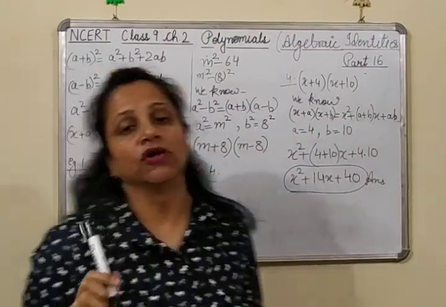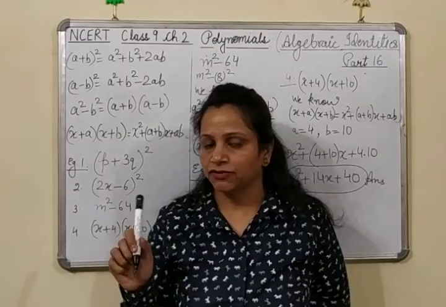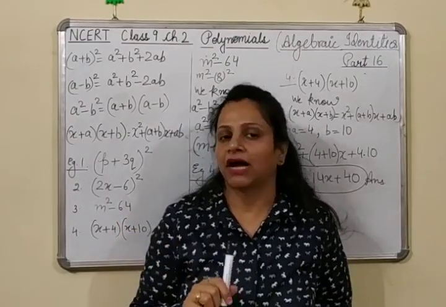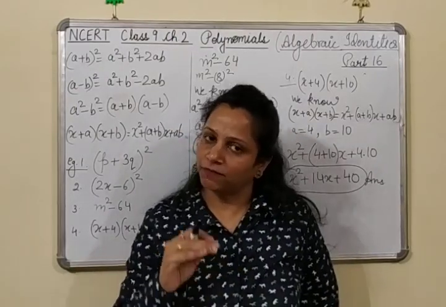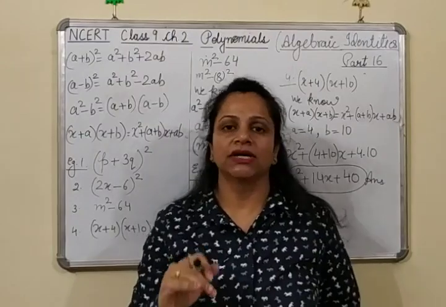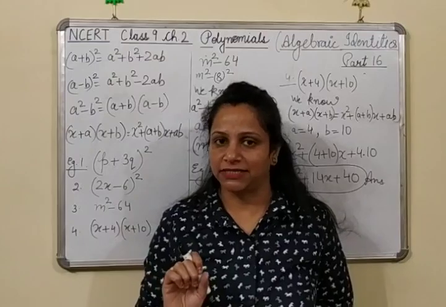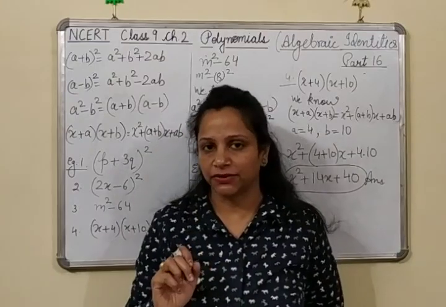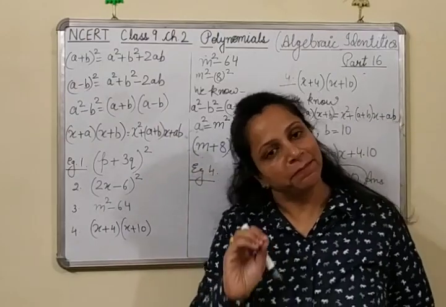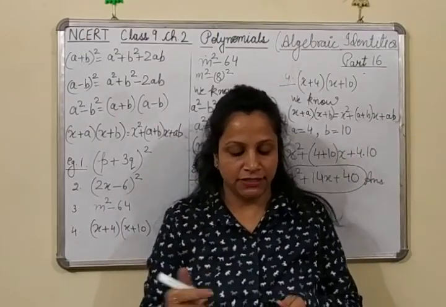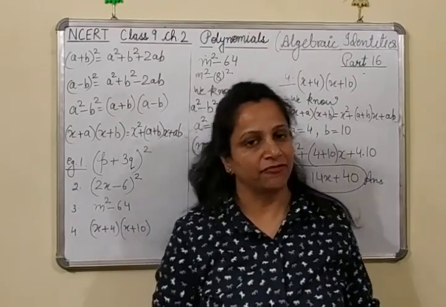Okay. I think all these 4 identities are clear. These were for class 8. We have done this in class 8. You have already done it in 8th class, but still I have taken this exercise from the basic concept, so that it does not happen that later, when slightly more complicated identities come, you get scared. Okay, so we are starting with the first identity only. So in this video I have taken the first 4 basic identities. I have tried to make myself very clear in solving the questions. I have taken each example for each identity.